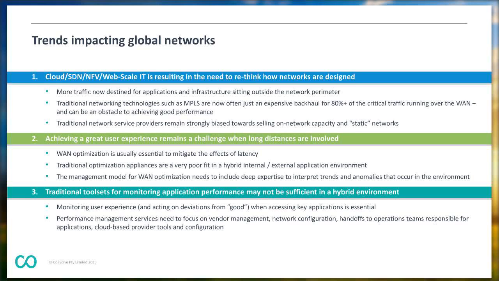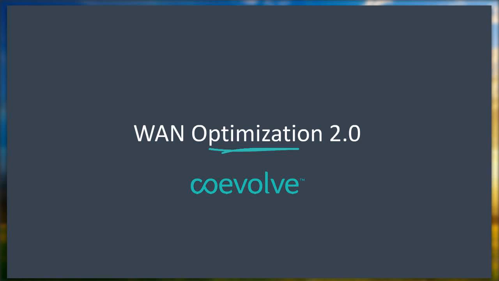So looking at all of that with the context of WAN optimization in mind, we really believe that there's a need to redefine what WAN optimization means for this hybrid application space. So we can call it WAN optimization 2.0. We're talking today about a WAN optimization as a service approach, and we'll explain in a few moments what that